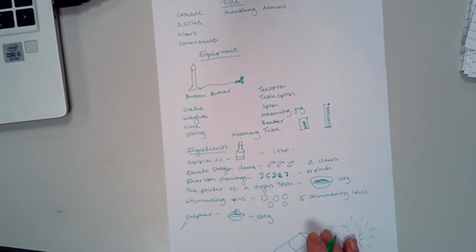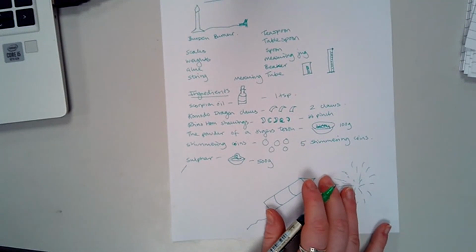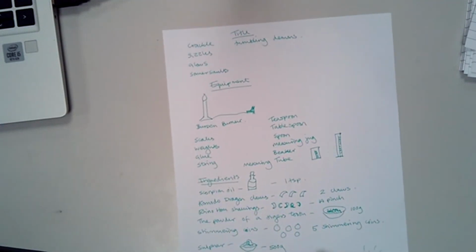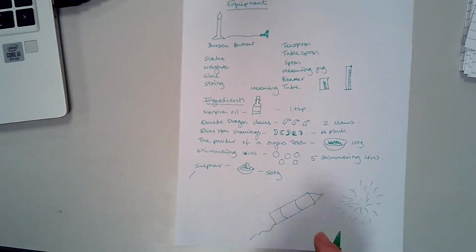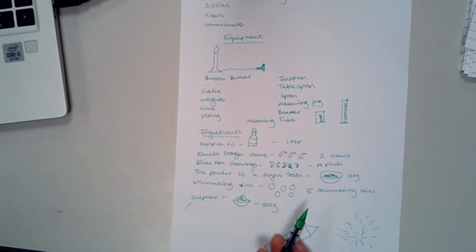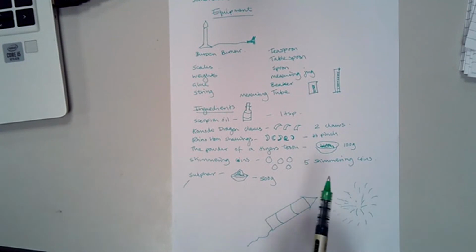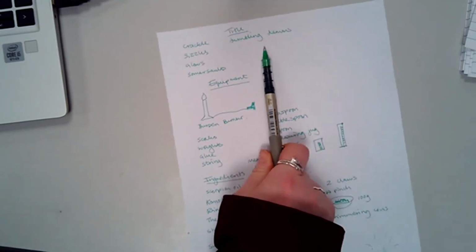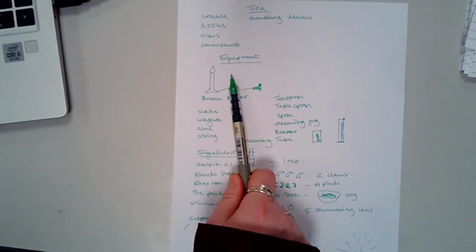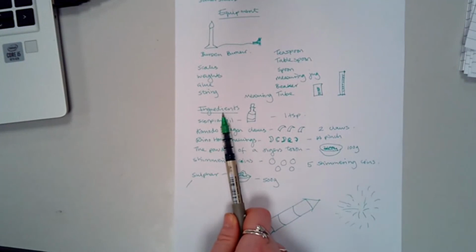So that is the type of piece of work you are going to come up with, okay? So it can either be completely neat, you can do a neat version, or you can do a bit of a scribbly version. Either one is absolutely fine, okay? Because on Thursday, we're going to be writing it up, all of it properly, okay? As long as I see that you have thought about a title. So you've got a title for your firework. You've got your equipment list that you're going to use. You have got your